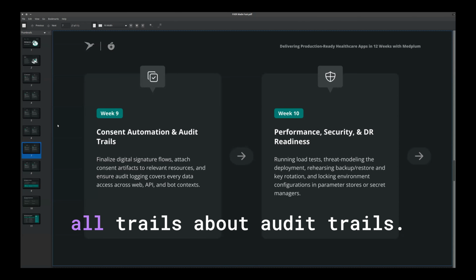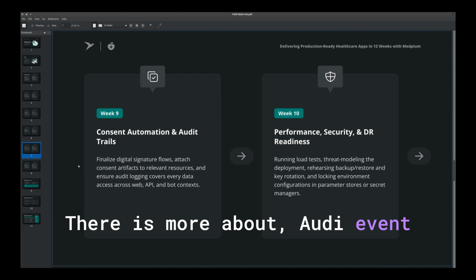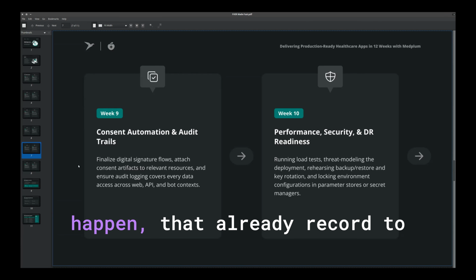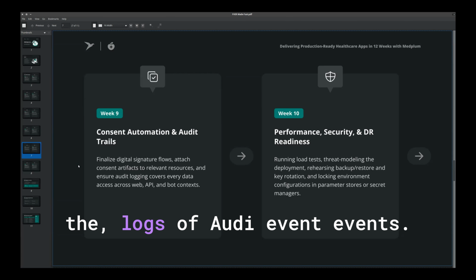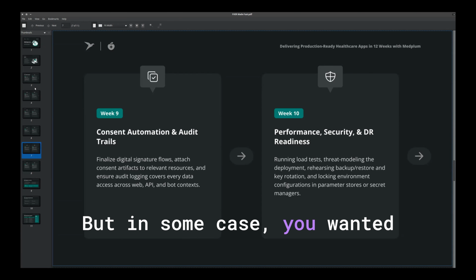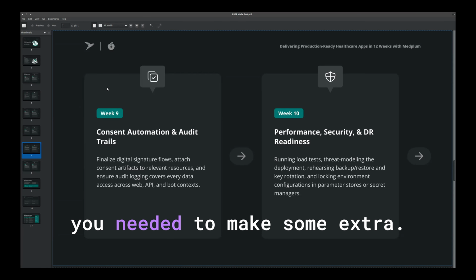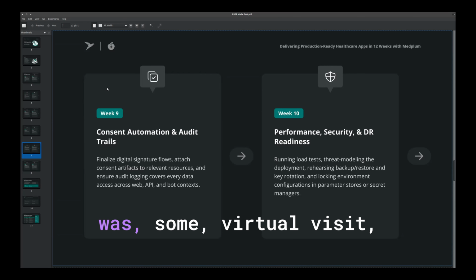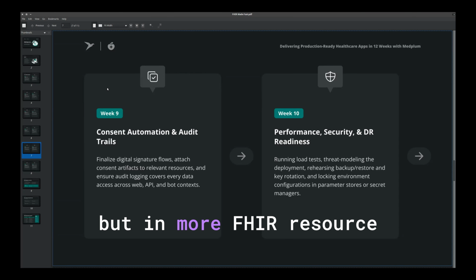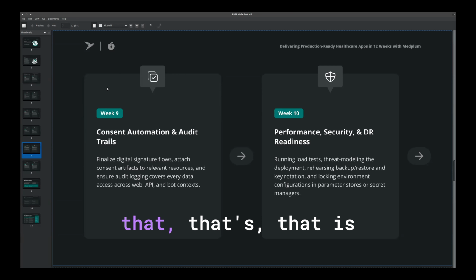Consent automation and audit trails. About audit trails, there is more about audit in the plugin that Medplum already has. And there are pretty much all these subscribers, events that happen that are already recorded to the logs of audit events. Pretty enough to just forget about this. But in some cases, you want to add some extra audit, or you need to make some extra provenance when there was some virtual visit appointment. A lot of different resources were created, and you will need to make the provenance, the FHIR resource called provenance, to make more audit information,